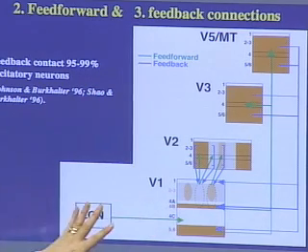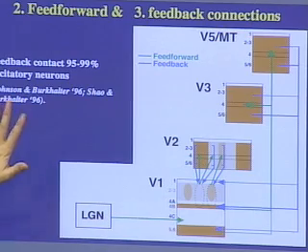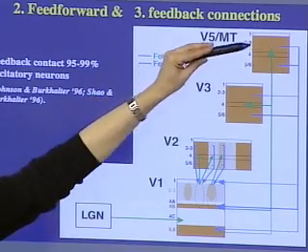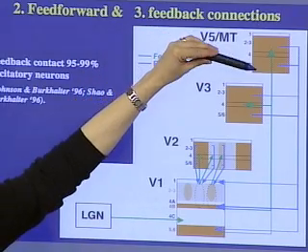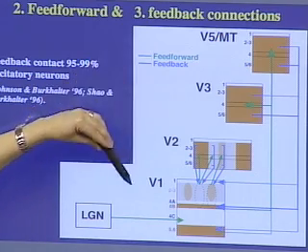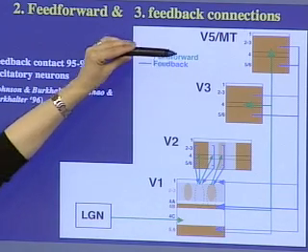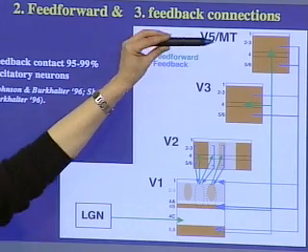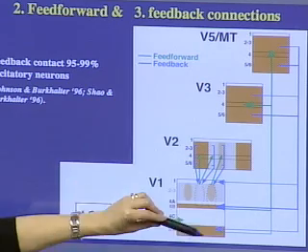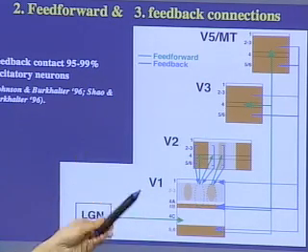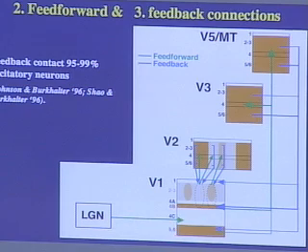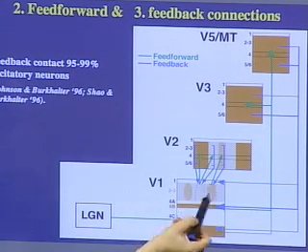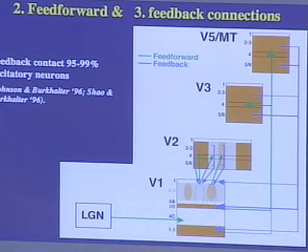Then there are feedback pathways, and what are these? These are connections that arise in higher areas, such as V5, V3, V2. They're depicted in blue here. They arise from the upper and lower layers of extrastriate. These areas are also called extrastriate cortex, okay? Because the striate cortex is V1, and extrastriate is everything that is not V1. So these higher areas can then project back to area V1, and they do this in a very specific fashion in terms of layers. So they target layer 1 as well as layers 2, 3, 4B, and 5, 6. So a number of layers.